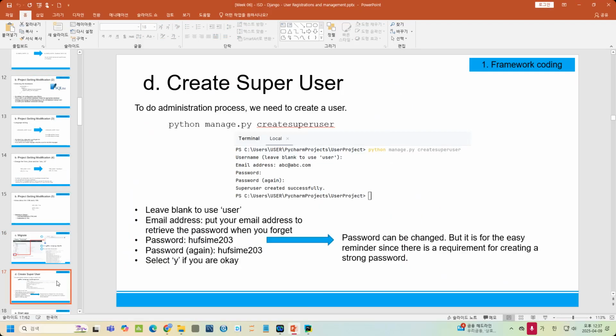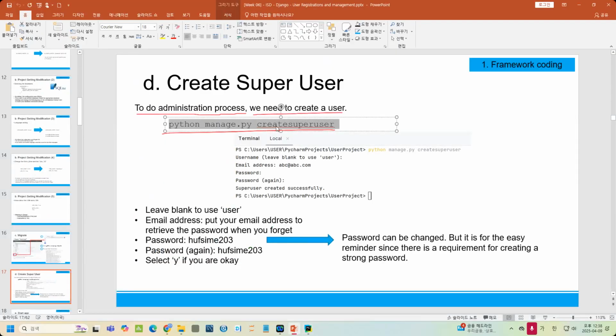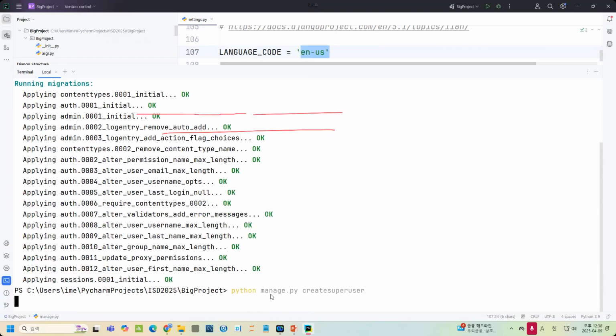And then now let's create a user. When you want to run an administrator, we need to make a user. So to do the administration process, we need to create a user. The way to create the user is using python manage.py createsuperuser. Okay, let me just copy and paste this one, and then